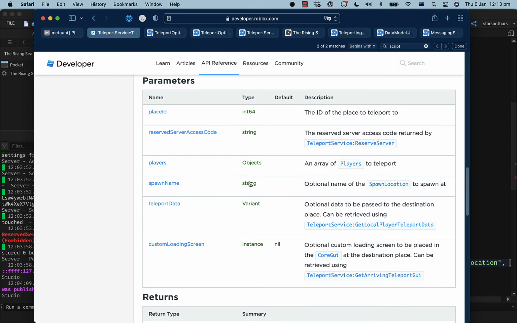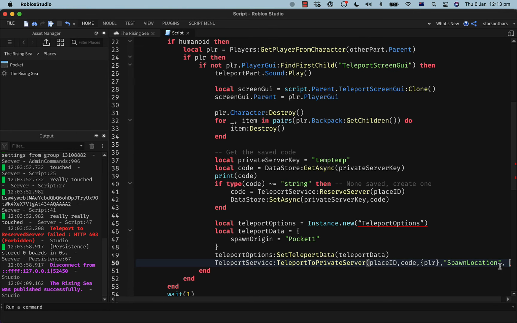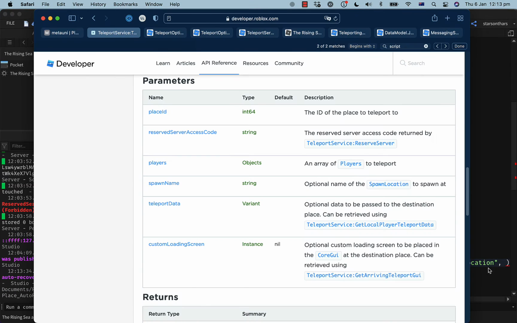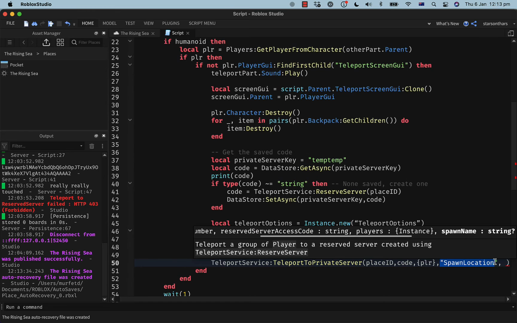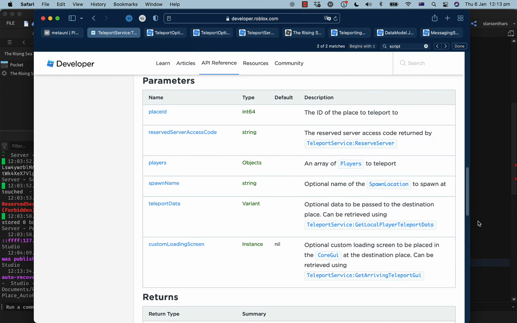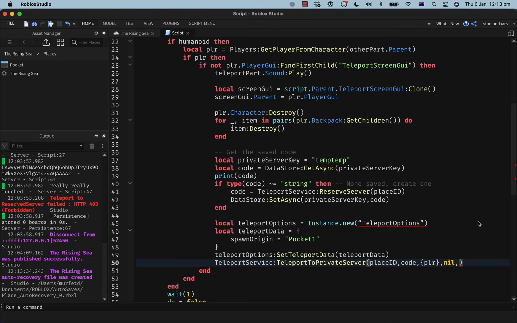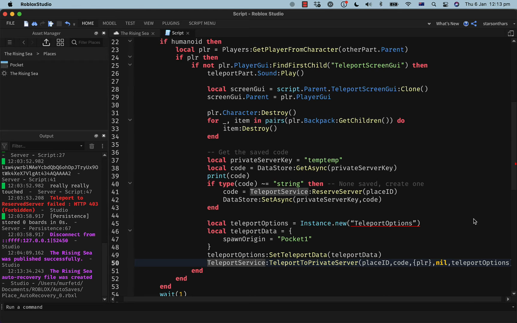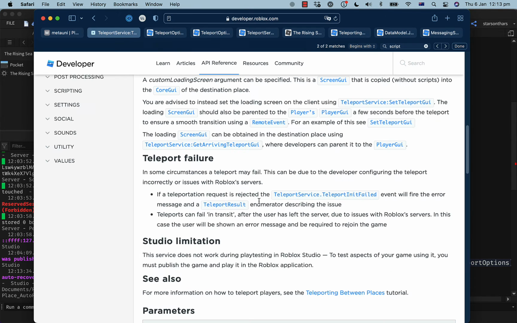I don't care about this one. In Python with named arguments, I can just specify that one and not specify this one. But since they're specified by position, I should pass something for this, right? You might be able to just use nil. Oh, nil. Okay. So it'd be nil, comma, yeah. I think it's just one. That makes sense.